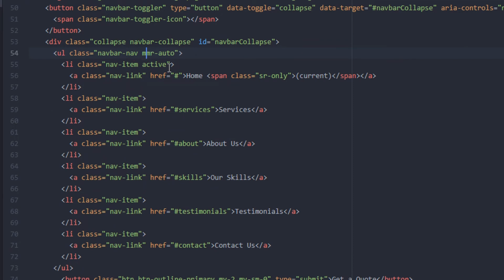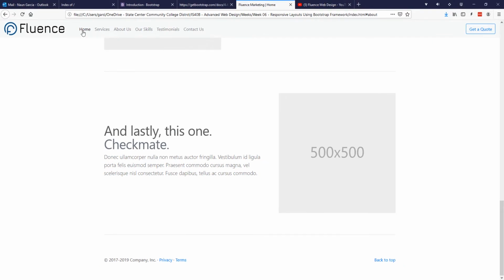So for margin left, -5, that should give it pretty good separation next to the logo. And now you notice we have that nice padding on the left hand side, so it's not right next